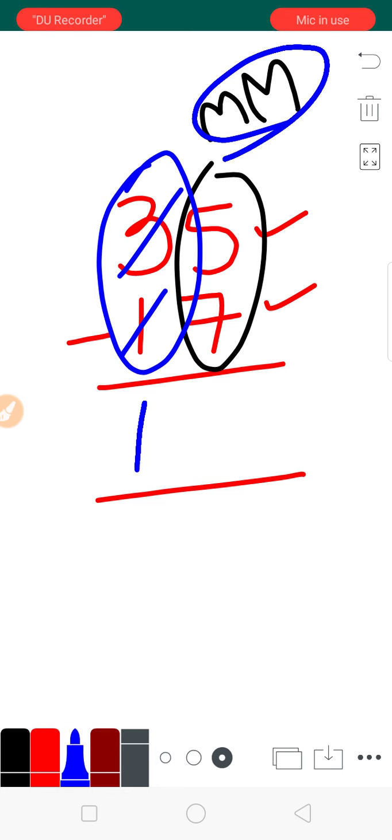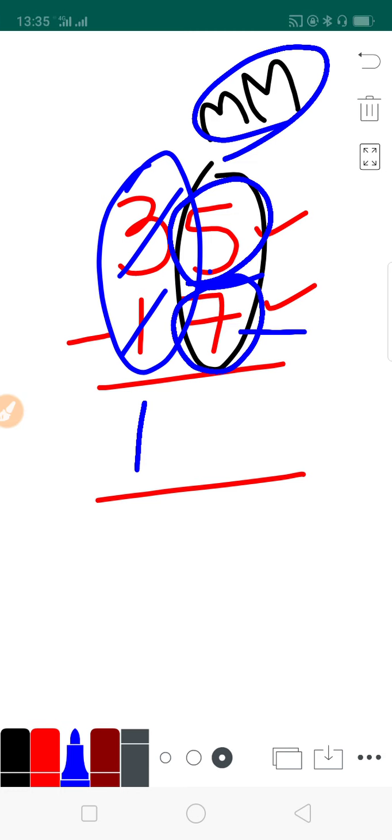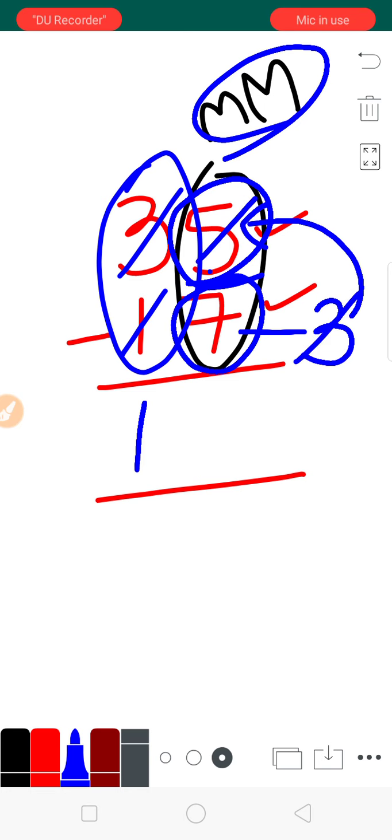And whenever a mismatch combination is there, what we have to do, as I explained yesterday also, this is the subtrahend and this is the minuend. The minuend's complement has to be taken and added to the subtrahend. What is the meaning of that? 7's complement. What is 7's complement? 3. 3 is to be added to 5. 3 plus 5 is equal to 8. So your answer is 18.